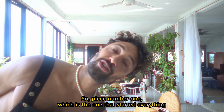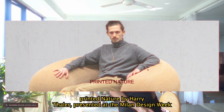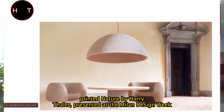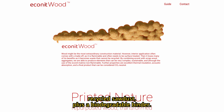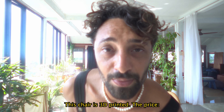So, piece number one, which is the one that started everything. Printed Nature by Harry Thaler, presented at the Milan Design Week 2024, made from Econit wood, recycled sawdust, plus a biodegradable binder. This chair is 3D printed. The price...